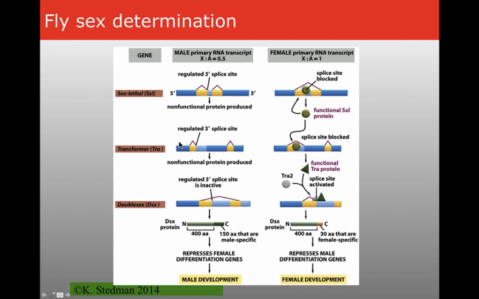So the transformer gene, as true with all of these mutants, if you have a mutation in that gene, it's non-functional, you end up transforming males to females and females to males. But in the normal case, in the transformer gene, this is now a splicing stimulator, which, absence of it, you get splicing that doesn't have this exon. You have the final double-sex protein with one exon, which is male-specific. If you have the activation of the transformer gene, you get splicing that gives you a female-specific gene.